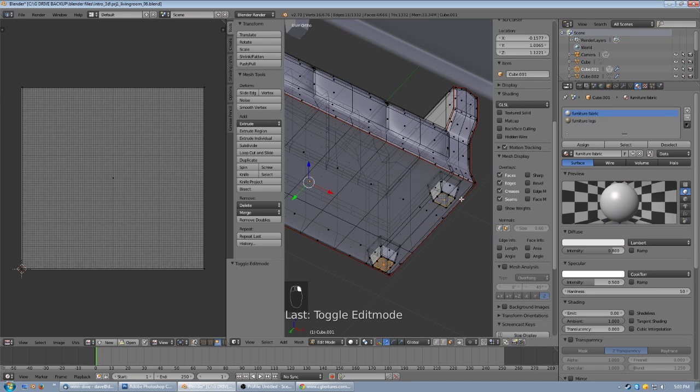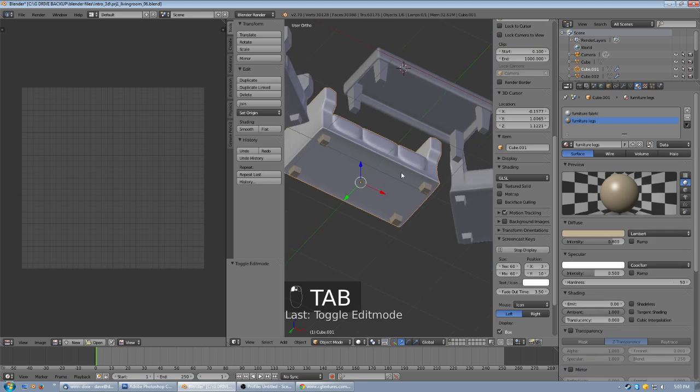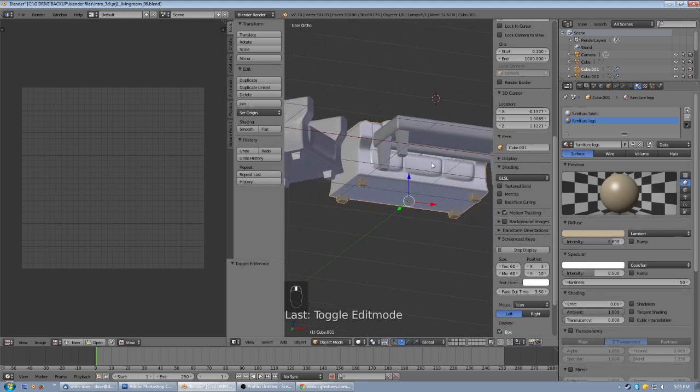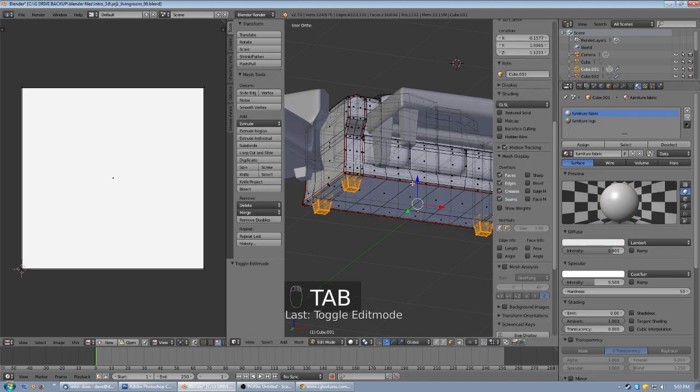And Control L, select all of them, and we'll say assign furniture legs to there. So there we go. So now we have 2 different materials on the same object. We're not worrying about different UV maps because the second material is not going to have UV maps. So good to go. Back to the furniture fabric, select the couch, tab back into edit mode, and right now